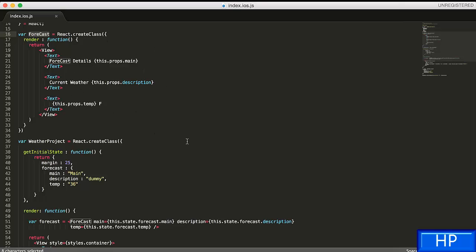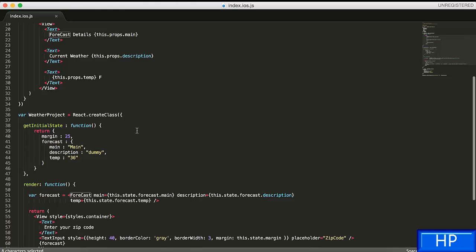And that is the whole idea of props and state. Now I hope you understood that both props and state are completely related to each other, and another way of thinking about that is